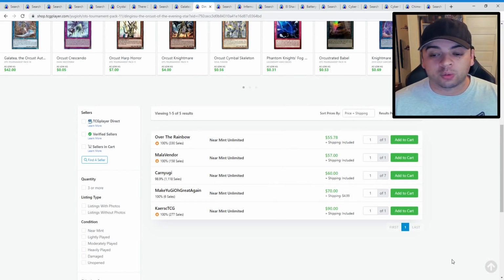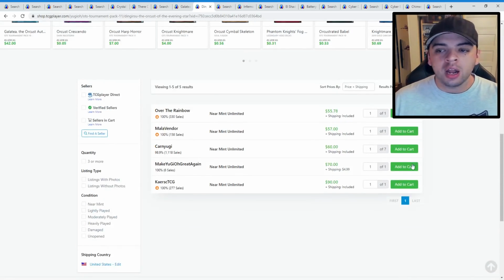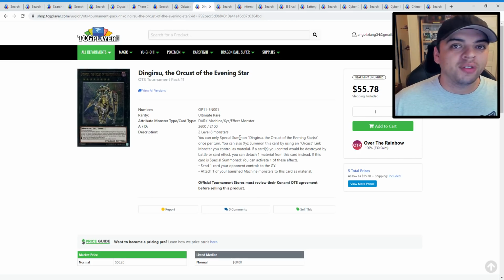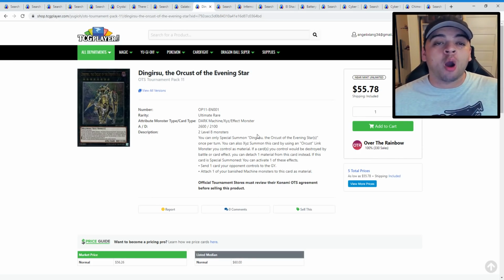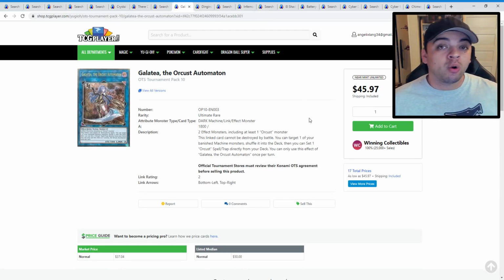And now the question we have to ask ourselves is, what's going to happen with Dingirsu? Are players going to go in and buy the next 2 copies, and then Dingirsu becomes a $60 card? That's what happens if you buy 2 more of these cards. Is that going to happen? Or are we going to see what happened to Galatea,